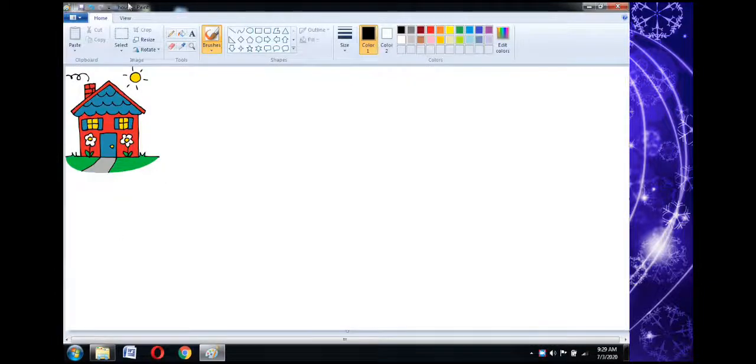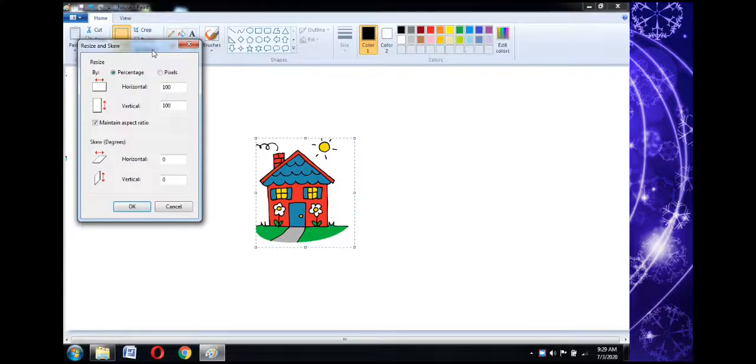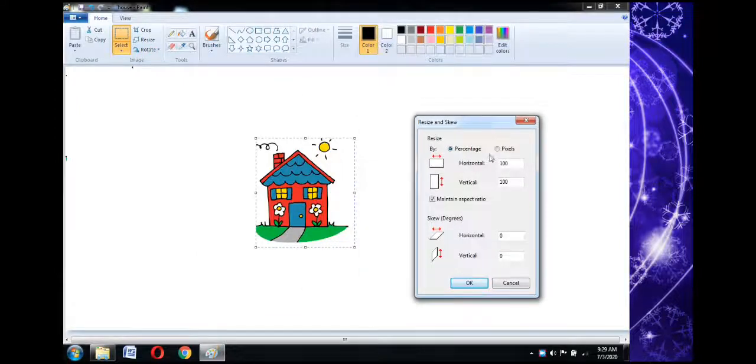Now expand the drawing area. Click the select option and drag across the picture to select it. Press and hold and drag the picture to the center. Now click the resize button or use the shortcut key to get the dialog box. Now we are discussing the skew topic, so we will talk about horizontal skewing and give the value 40.